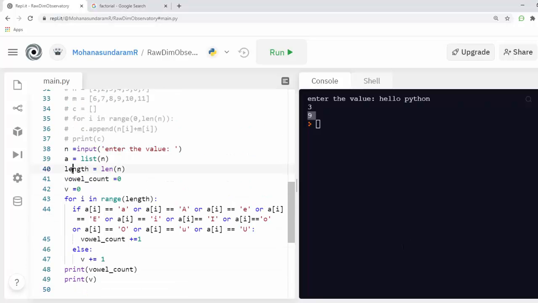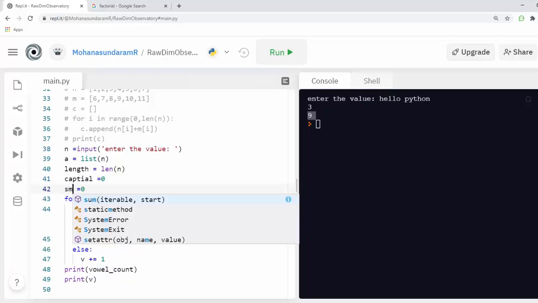We're going to make use of the same code. I'm going to print capital, small.